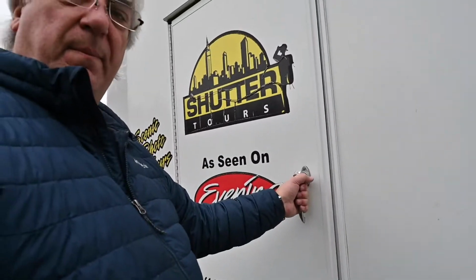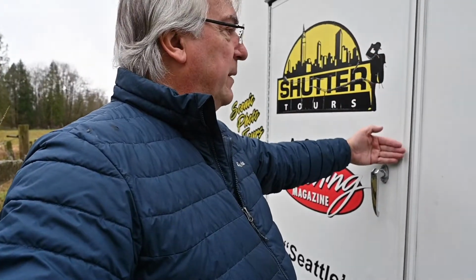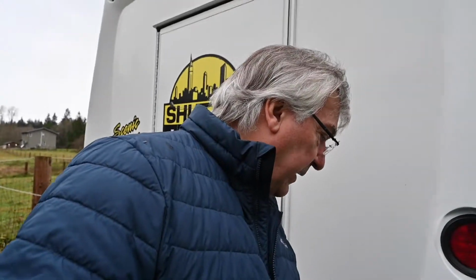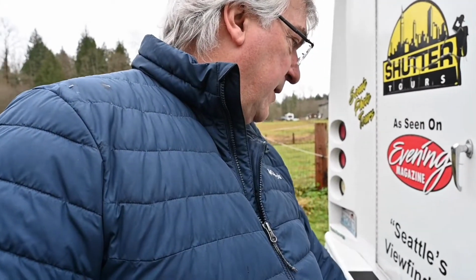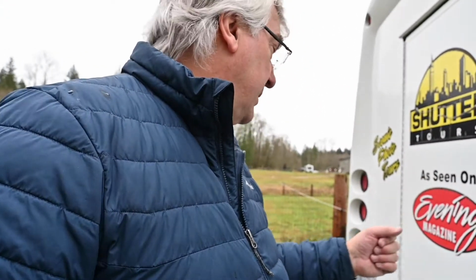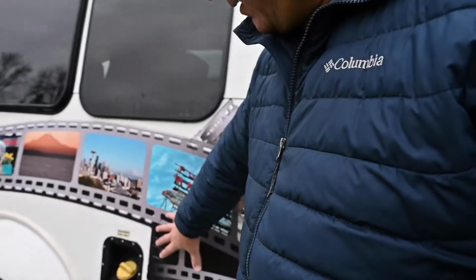This door would open up, and the bed would be right here. Right here in this area, I would put the propane tank fully enclosed. It would have a vent going out and down below in case the gas did leak. I know it seems kind of crazy to put it underneath the bed, but if it's fully enclosed, with no way for the gas to get into the interior, then I think it would work. Like a 24-gallon water tank kind of going across this way. All the water